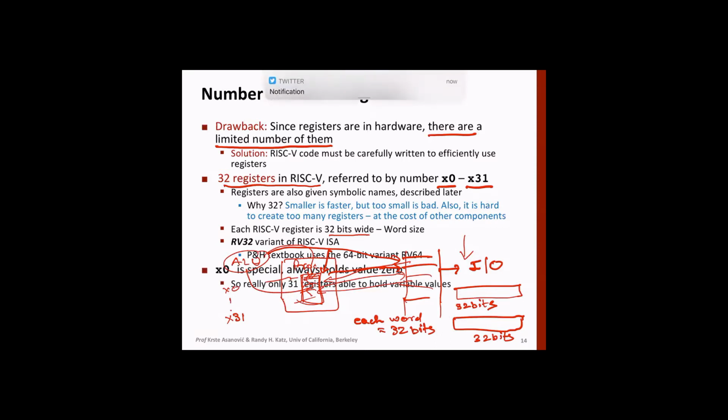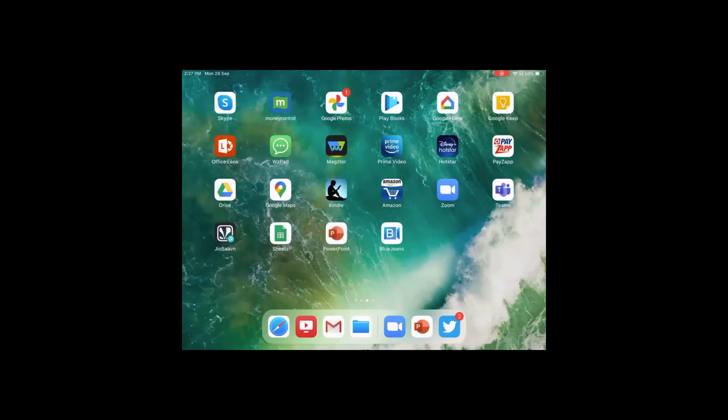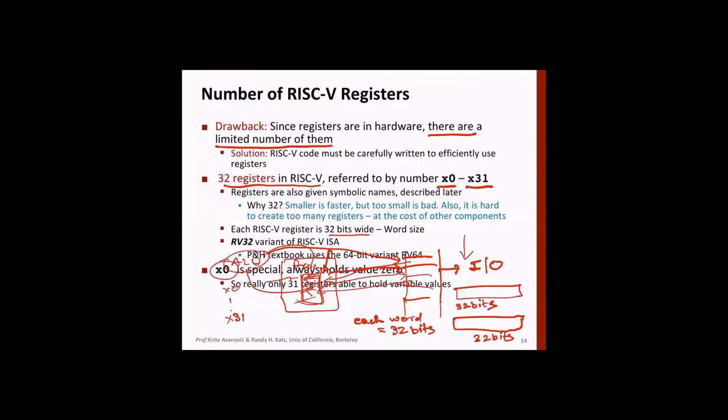Okay, so out of these, again, just a minute, I'm sorry. Out of this, X0 is a special register, and this always contains 0. Contents of X0 is always 0. All other registers can have some values. For example, if you load X0 with some memory location, so bring some value from memory to X0, its value will remain 0.